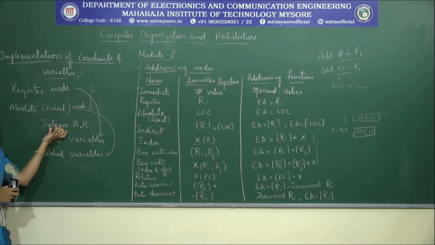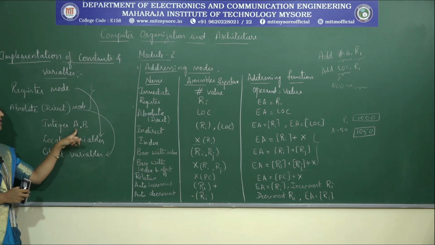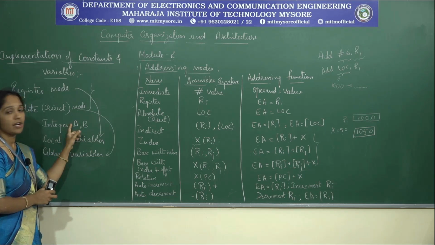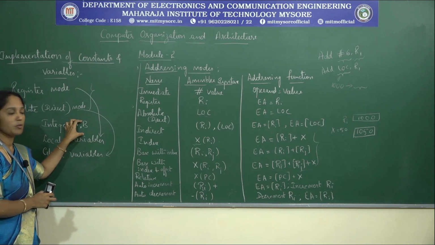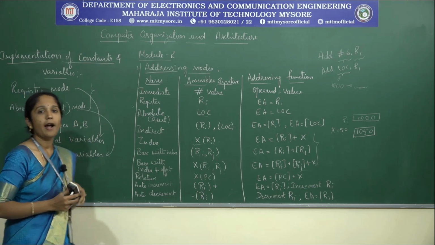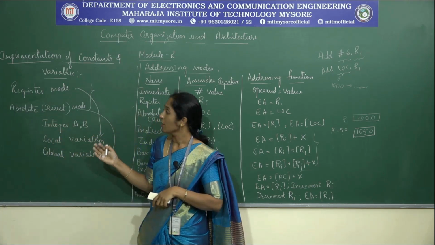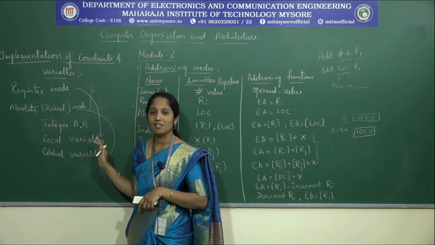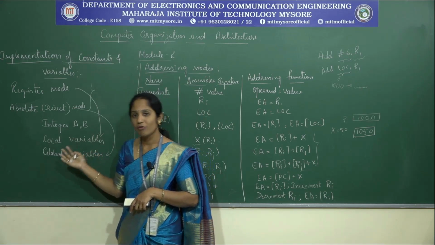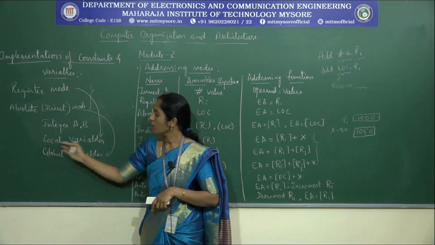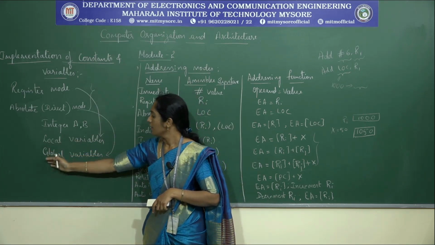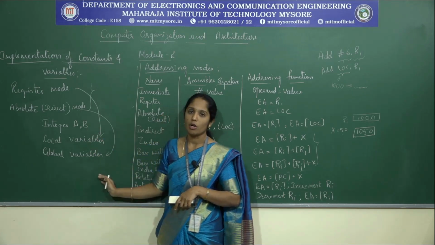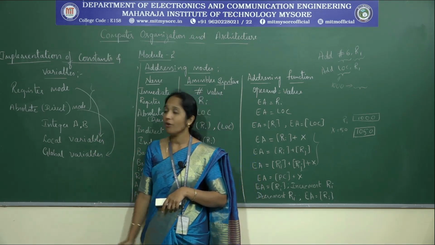So as I said, integer a comma b, in this case we can see that we have a and b memory locations which are allocated. A will have some memory location and b will have some memory location, and these are not updated. If you store the variable in a register, registers are temporary storage elements, they will be continuously updated. Therefore as I said, you can store the local variables in the registers and the global variables in the memory locations using absolute or direct addressing mode. So this is about the implementation of variables.